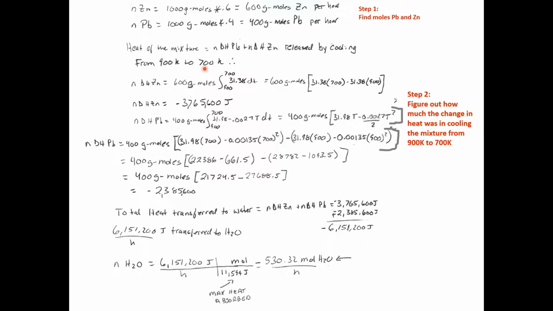One of the beauties is that we don't have to pay respect to room temperature here because we're not doing sensible heat. We can integrate over the interval 900 to 700, and the math works itself out for us, so we don't have to arbitrarily put a negative sign. Integrating from 900 to 700 of our sensible heat equation gives us a negative value, and we're also multiplying it by the number of moles. So it's number of moles times the change of enthalpy for zinc, and that gives us